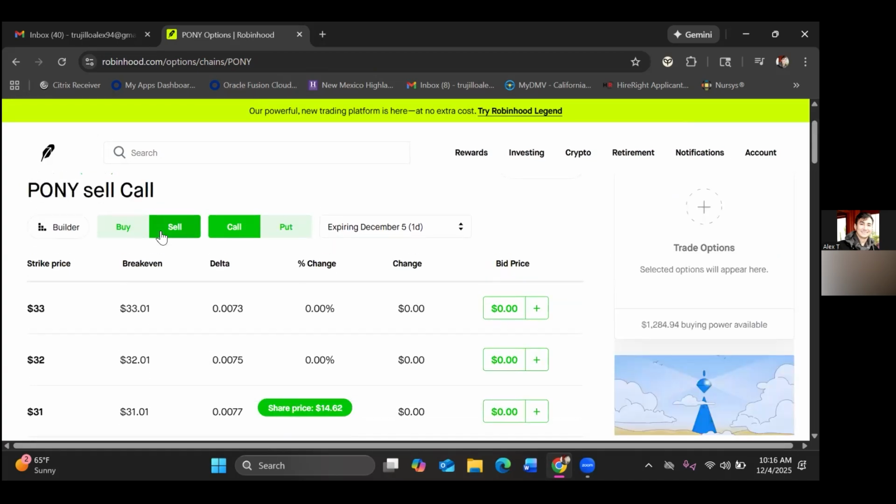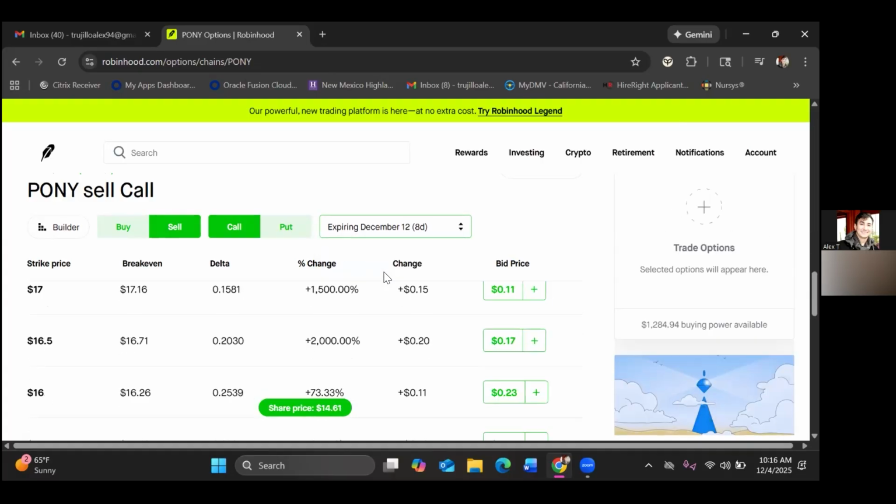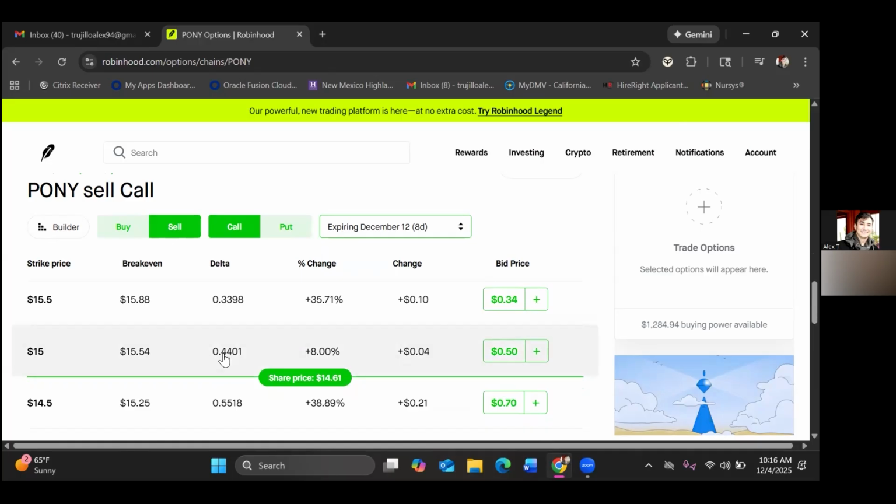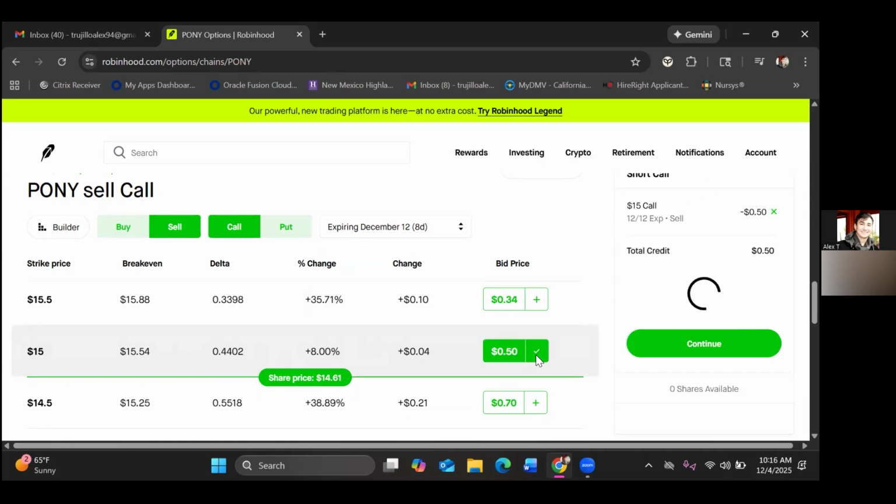And expiration December 12th. Nice. Yeah, and we can pick 5 contracts. Strike price 15. There you go, $50 per contract. Okay. That's wild. I didn't know you could do that if you had LEAPS. Yes, you can. That's how you hedge. Because when you buy a LEAP, you pay a fixed amount. When you sell covered calls on your LEAP to hedge, you actually are paying down that debit that you paid. And sometimes you can pay the debit all the way down. You're free rolling on the LEAP. The LEAP was pretty much paid for by the covered call, and the LEAP was there, so it's really powerful.